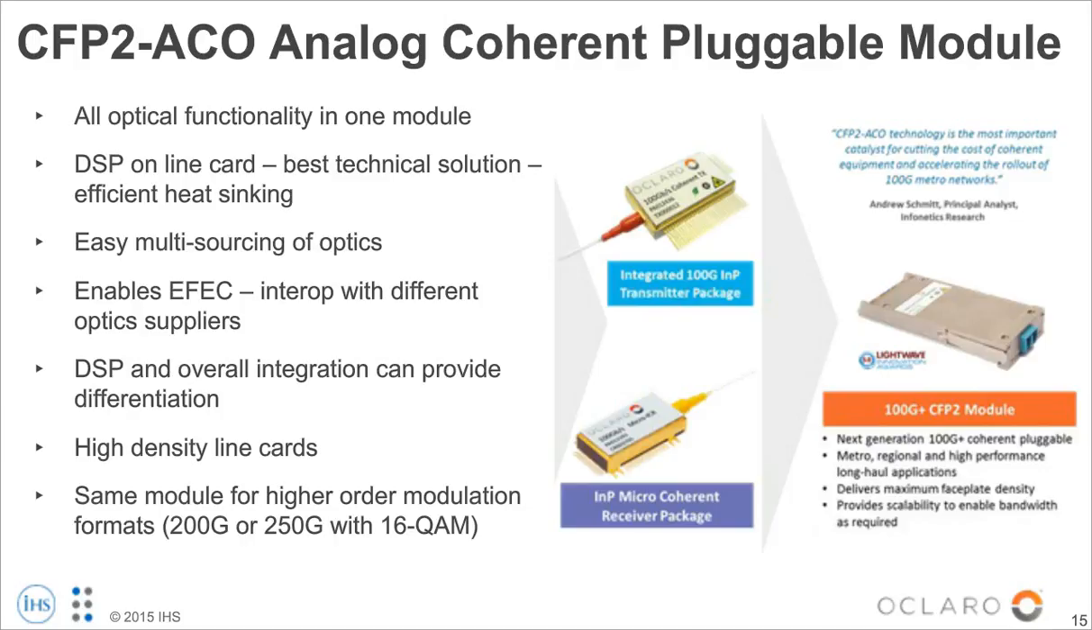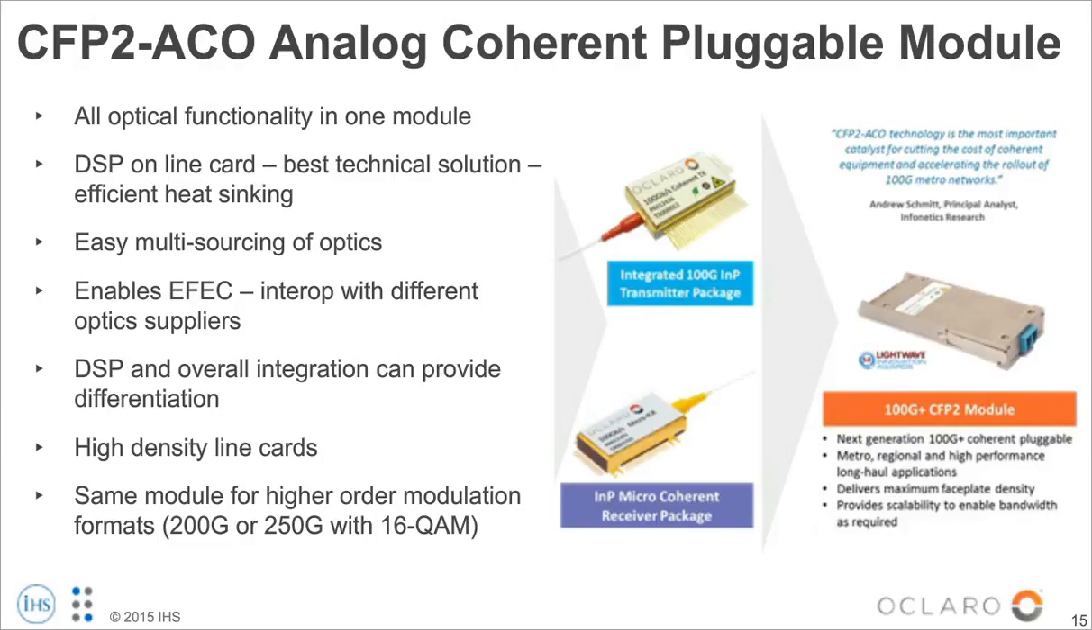Yeah, so what we've done here is really put all the optical functionality that I showed you earlier into one pluggable module, right? And that's the CFP2 ACO, for analog coherent optics. The DSP in this design resides on the line card, and that's really the best solution from a technical perspective, and it allows us to really run the DSP in different options, different modulation formats. What we're hearing from our customers is that having all the optics in one module is really a big advantage